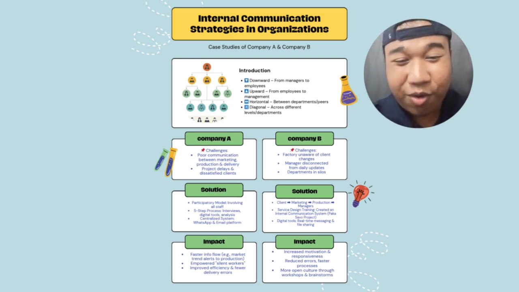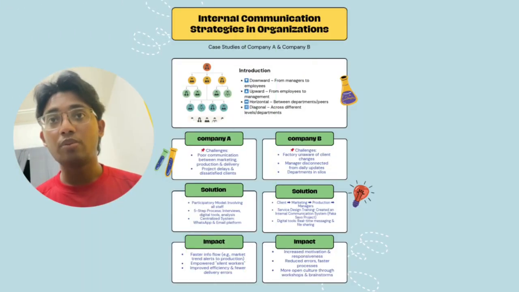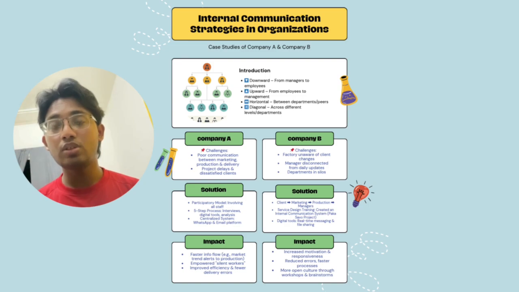Let's go. The next part will be the flow of communication, and these are the four main types of communication flow in an organization. The first one would be the downward communication, whereas the information flows from a high level to a lower level in the hierarchy. For example, a manager gives instructions to the team members about a new project.